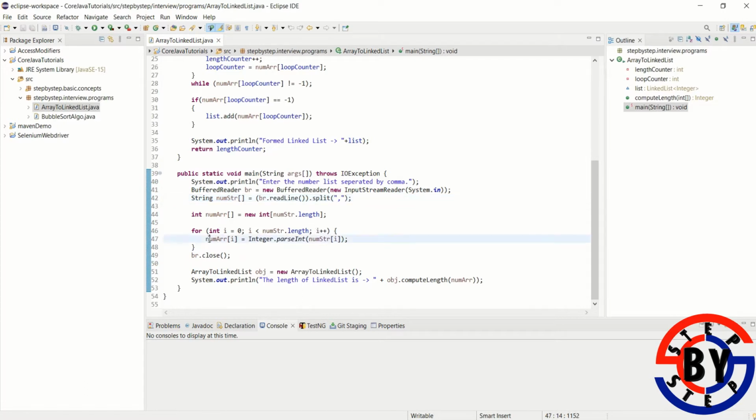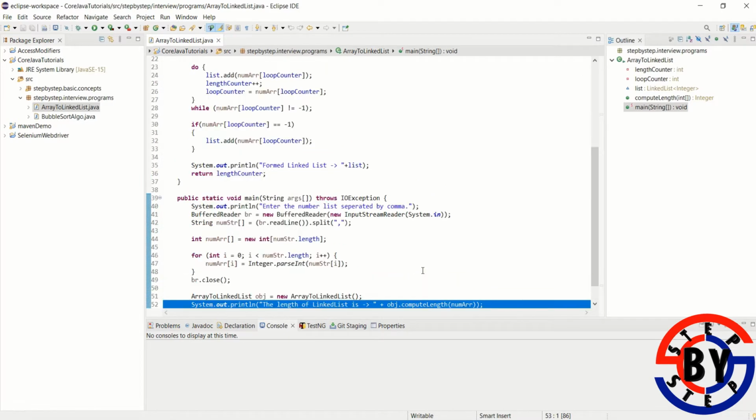This will form an array, and it will be passed to this method of the array-to-linked-list object, which passes it to the computeLength method, which returns the length of the list that I am printing here. So let's see what the computeLength method is doing.